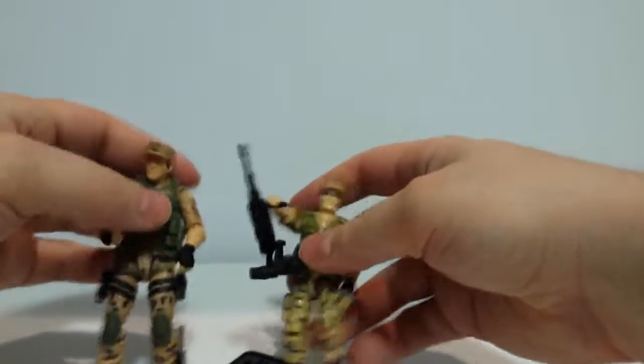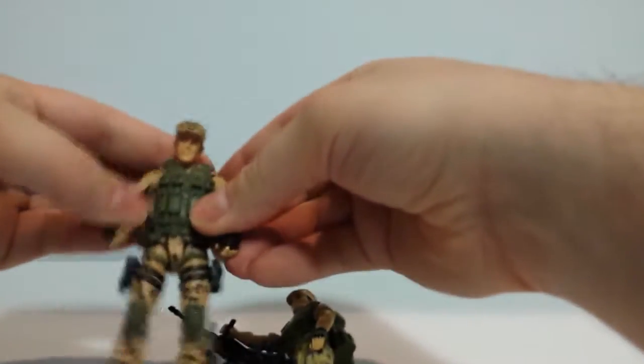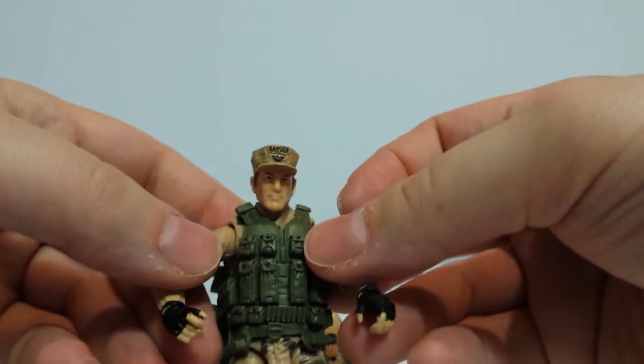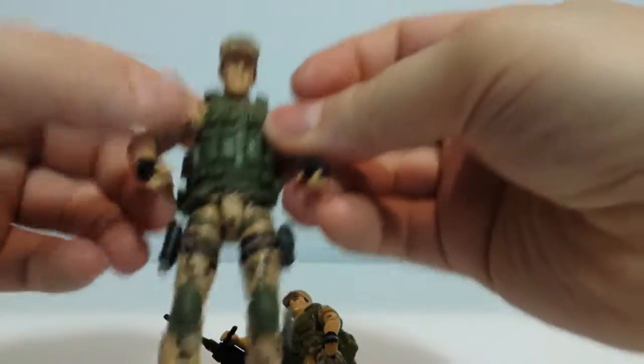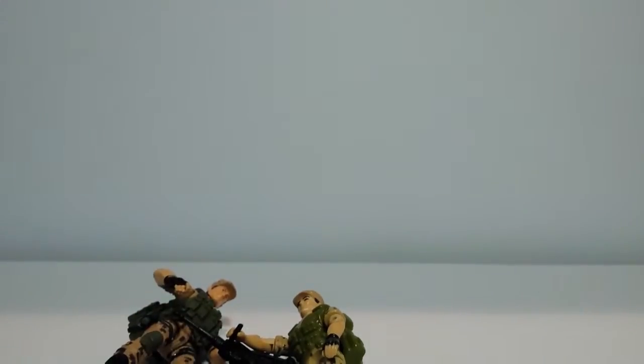Yeah, pretty good match. I'm not sure if I'm going to keep this guy, just because I'm not a huge fan of the character. Although the head sculpt is fantastic. I think Boss Fight Studios does all of these, so it's really good. Now for the machine gun,